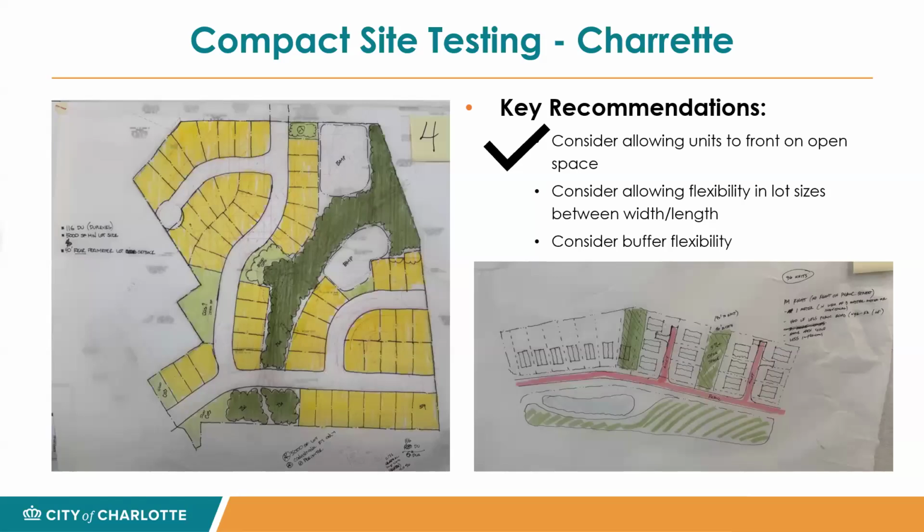And I just want to review some of the changes that we've made since the charrette, just so everybody's aware. We added the allowance for the 30% fronting on open space. We allowed more flexibility between the width and length of the lots so that you could get that lower lot width. And we tightened up how we did the buffer based on some of the testing. So we tested a couple options for the buffer, and the one that we landed on seemed to be what most were using in testing. So we did that as well. You can go to the next slide.